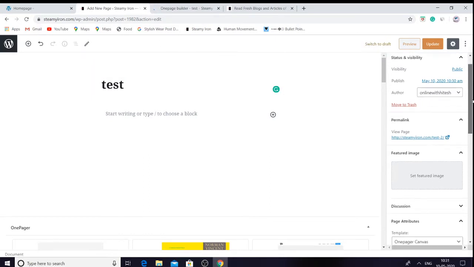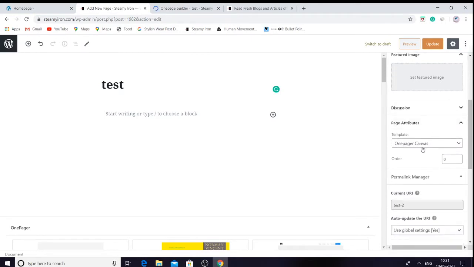So what I will do now is, here is the template section in page attributes. There is the default template, home page template, and we are using the One Pager template. So there are two templates, One Pager Canvas and One Pager Default. So let's suppose we are selecting One Pager Default.